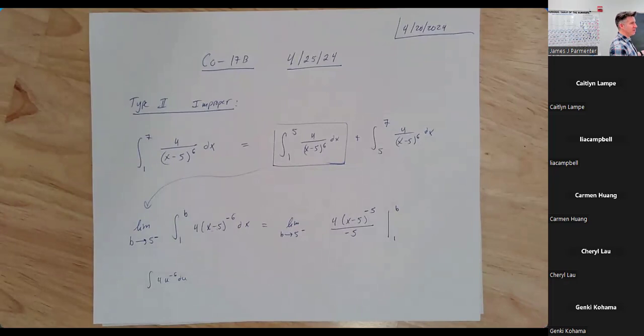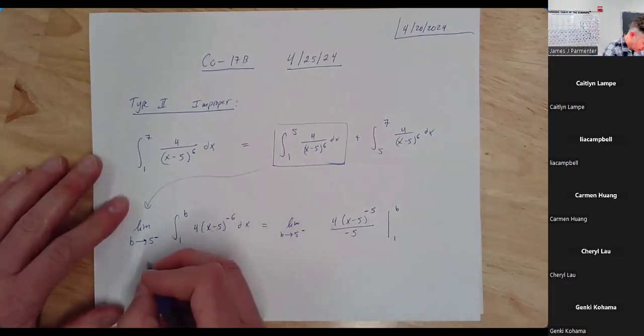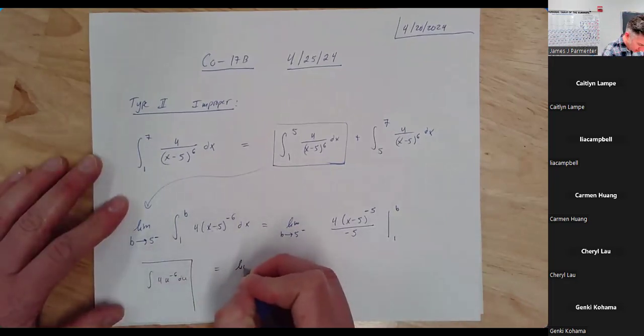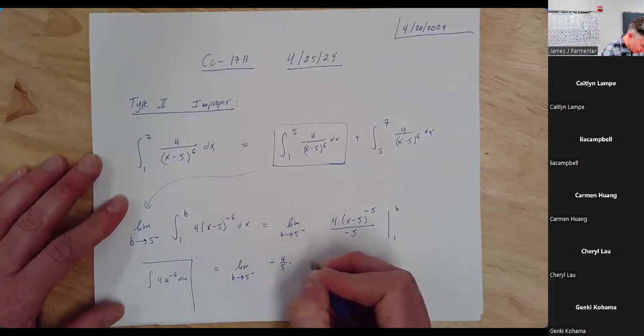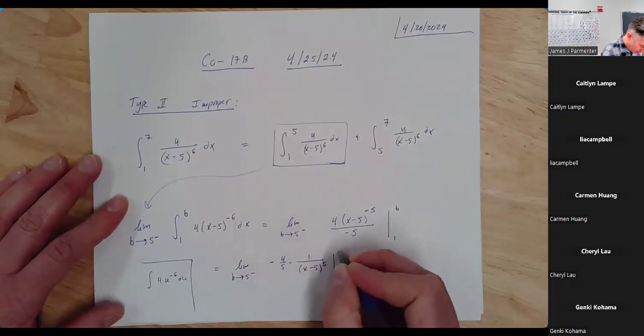And I'm going to get 0 to a negative power. I don't like that. I would rather have my 0 raised to a positive power because it makes more sense to me. So I'm going to re-express this as the limit as b approaches 5 from the left of negative 4/5 times 1 over x minus 5 to the positive fifth from 1 to b, and then plug